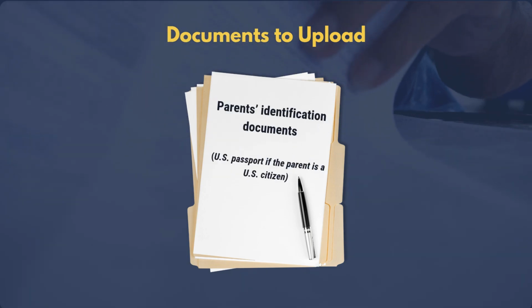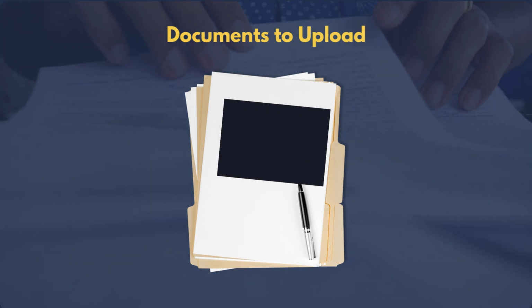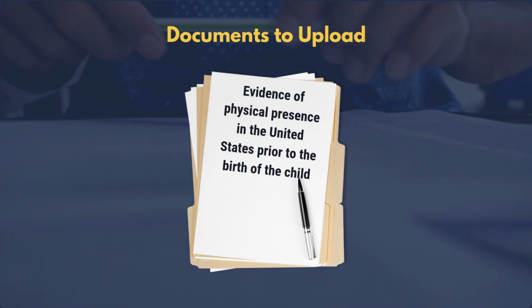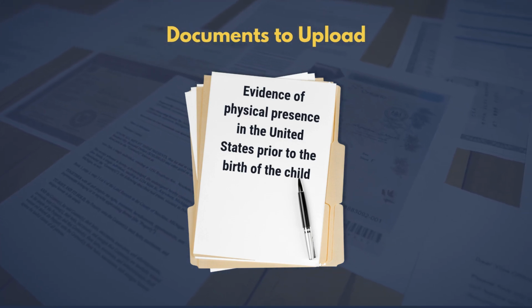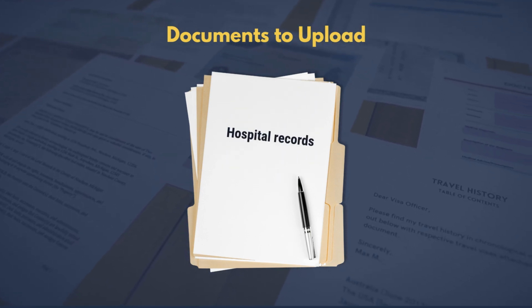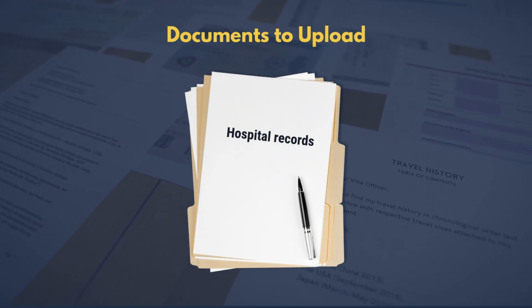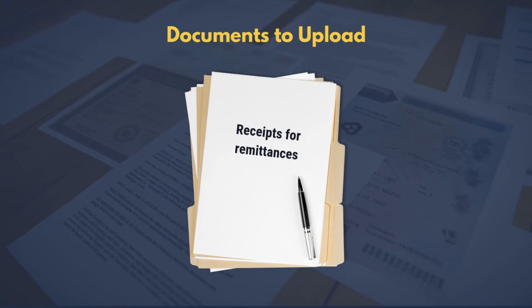the parent's identification documents, which should be a U.S. passport if the parent is a U.S. citizen, evidence of the U.S. citizen parent's or parents' physical presence in the United States prior to the birth of the child, such as a Social Security income statement or school transcripts, hospital records related to the birth of the child, such as ultrasound pictures, doctor's reports, and hospital receipts,